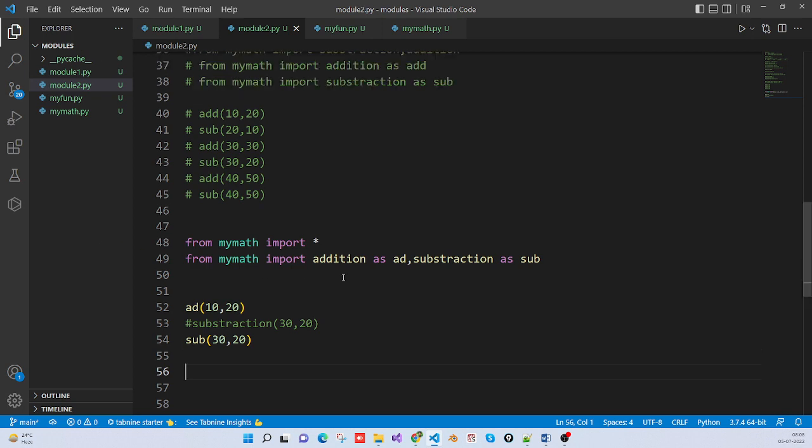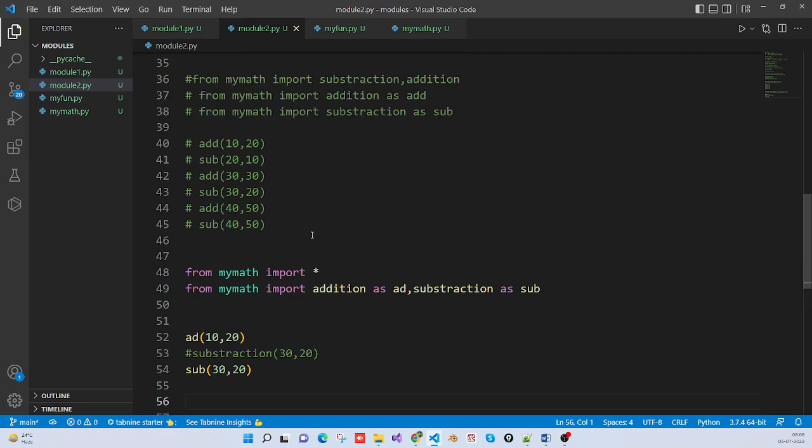Till yesterday, what have we done? We created modules. A module, in the sense, is one file, which has definitions of our program. Whatever important definitions or important functions there are, we are writing all the functions in one